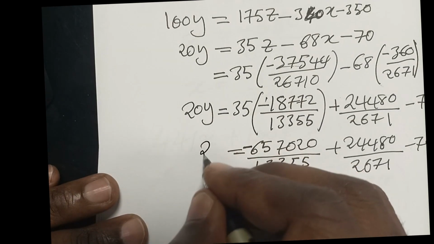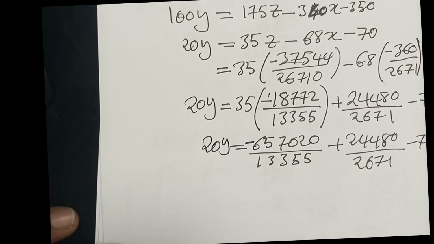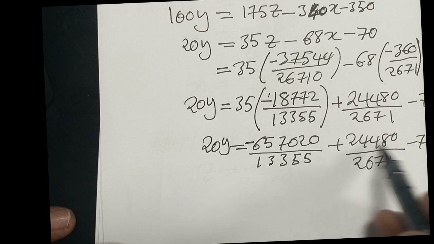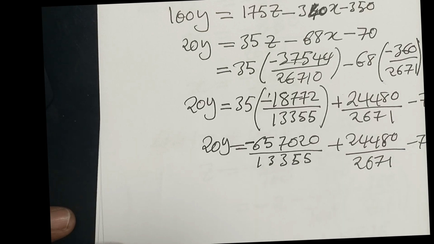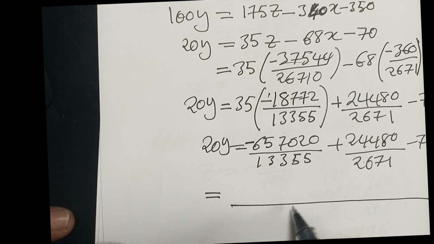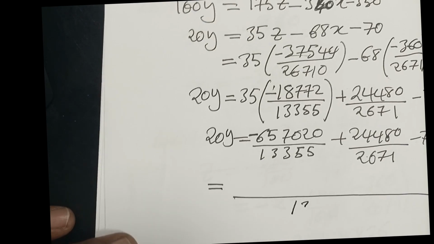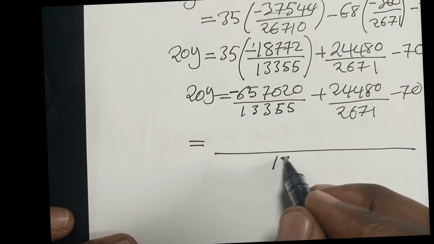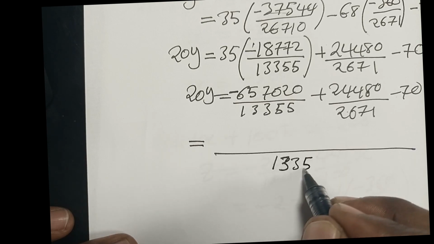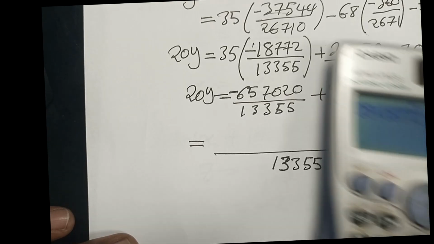And then here we have 20y. Then from here we can write this as a single fraction. The lowest common multiple of the denominators is 13355, because